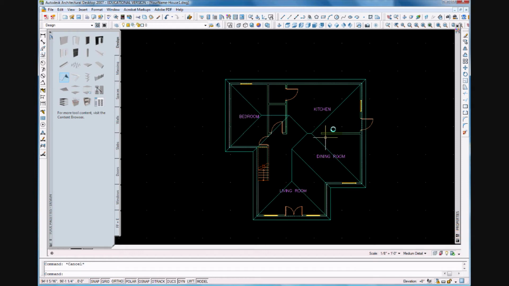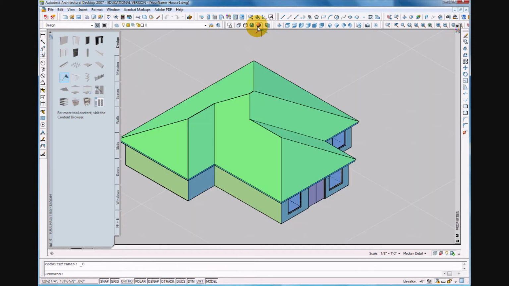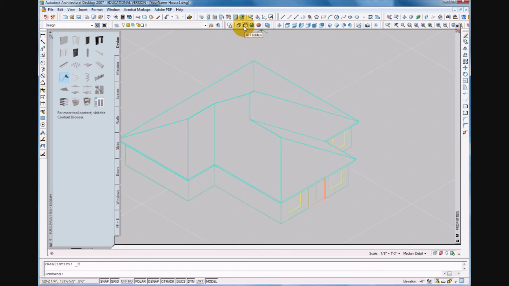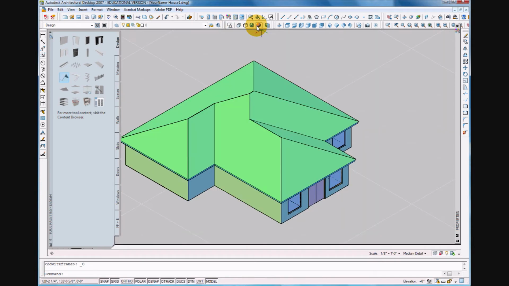So click escape to get out of the roof command. Let's go to the isometric, any view you want. Let's select a shaded item here. Now if you notice the 3D hidden, you can, the wireframe, you can look into the house. Let's go to conceptual or realistic